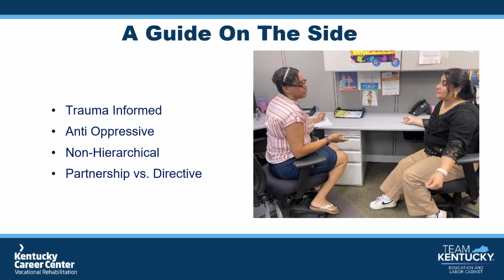A good way to look at empowerment practices is considering your role as a guide on the side. What this means is that you are there for support when needed and requested, but ultimately the consumers are the ones who will need to make the decisions that affect their role in the programs. Being a guide on the side means stepping in when consumers are struggling and in need of help with tasks, paperwork, or certain responsibilities, but allowing them to take the reins when they are capable.